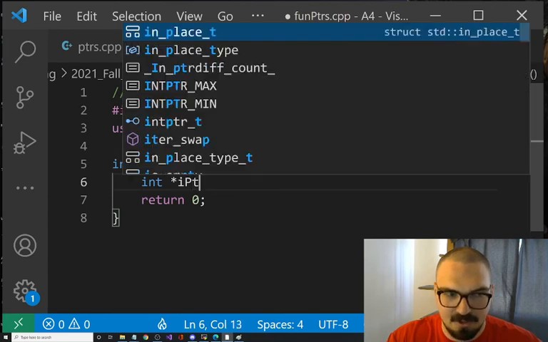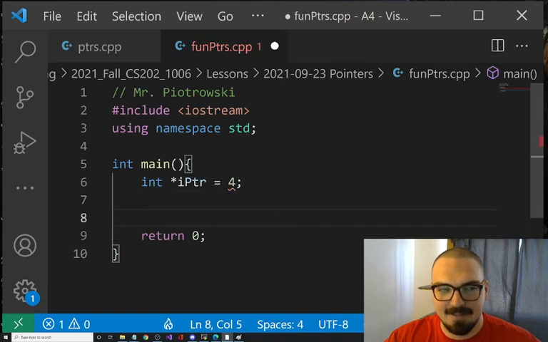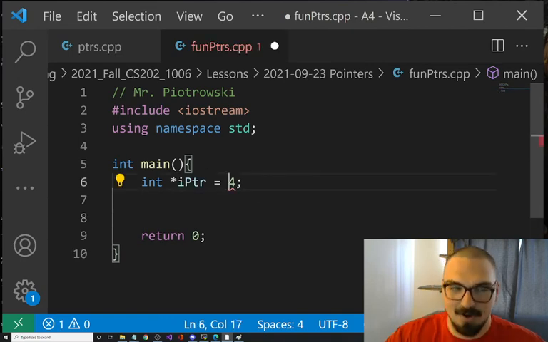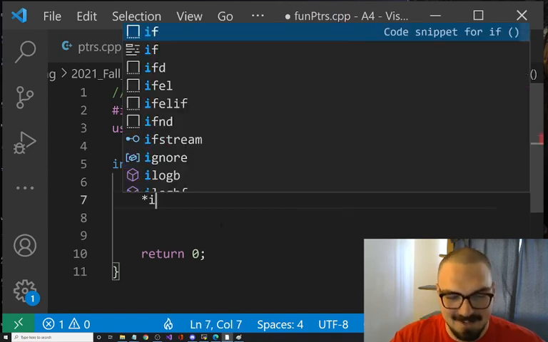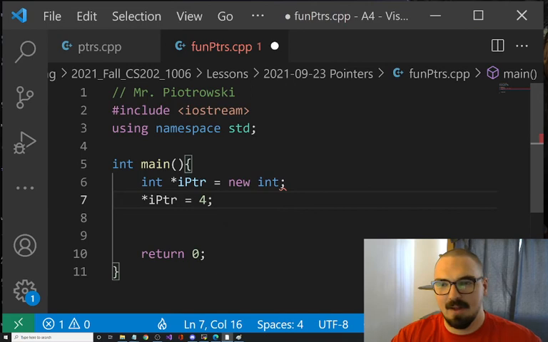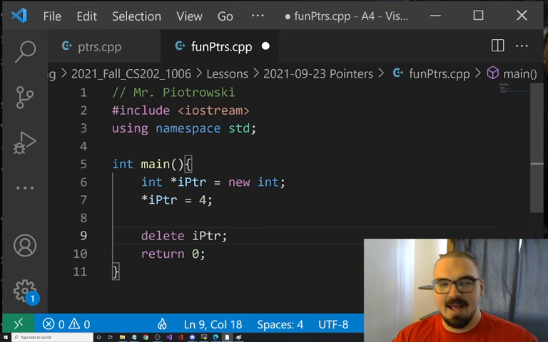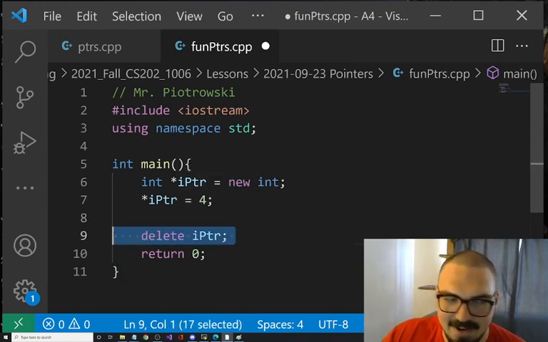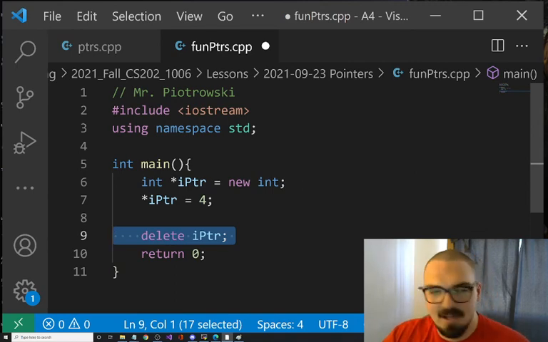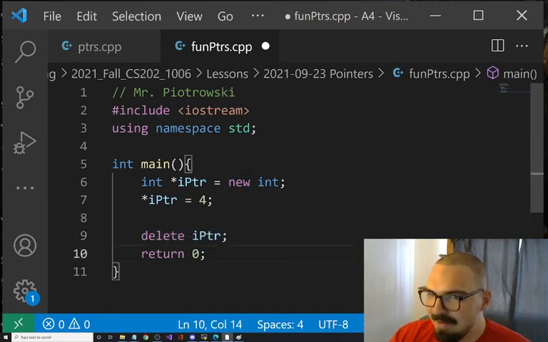This is going to be my I pointer. Equals 4. Oh, sorry. Whoa, that's not allowed. We have to allocate it first, and then we say my I pointer is equal to 4. And here's what I always do. As soon as I type new, I put the delete down here. I do it right away. I don't want to forget about it. As soon as you type that new, put a delete somewhere. You can move it later.